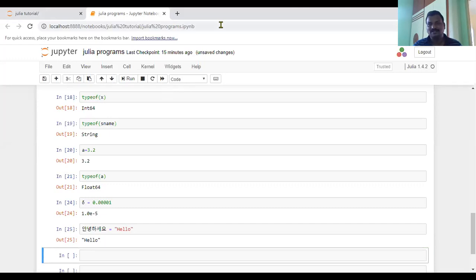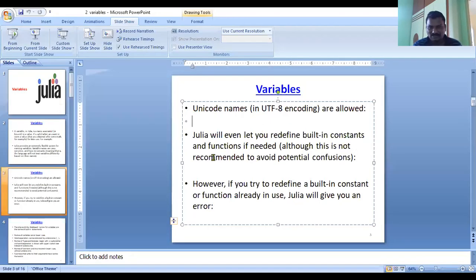Another important thing is that Julia will even let you redefine constructs. That means you can use built-in constants and functions as variable names.